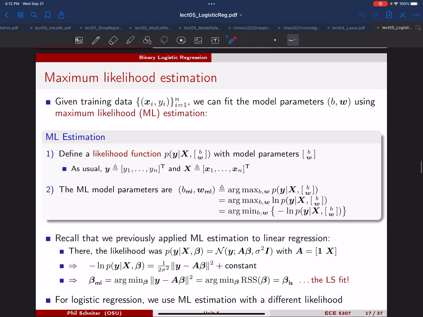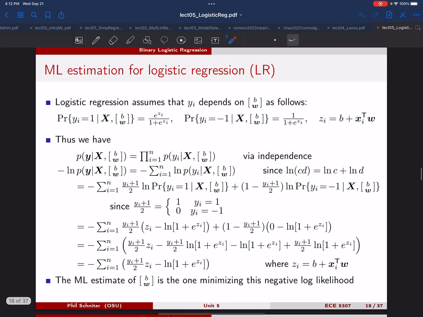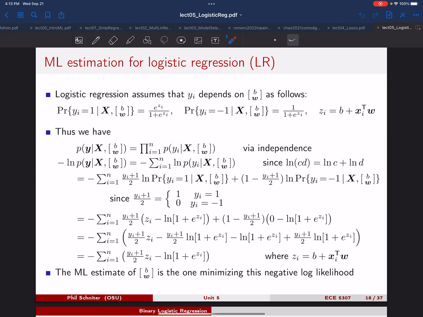Then we went through maximum likelihood, and we did a derivation that said, okay, if we're given a bunch of labels yi and feature vectors xi, how do we maximize this likelihood, which is the probability of all the training labels given all the training features and our parameters. We went through a derivation